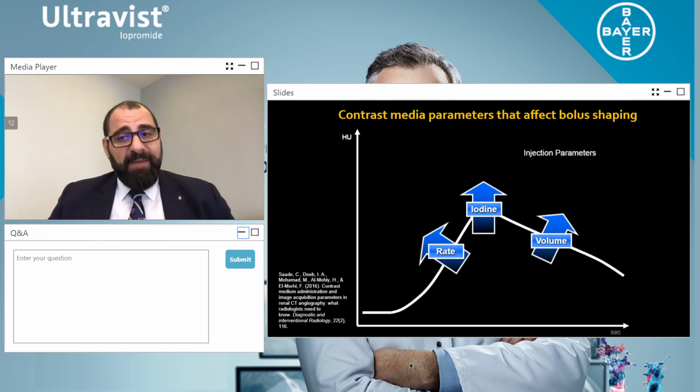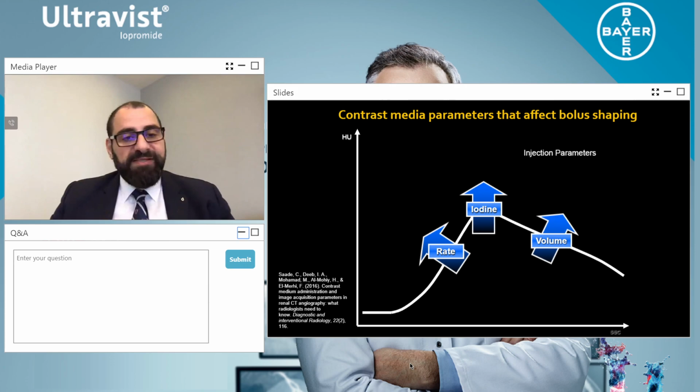So when this happens, if the heart cannot push it out, it then pushes the contrast back down into the inferior vena cava, which goes into the hepatic veins. And you get this artifact. And this artifact is very, very prominent when you're having high flow rates. So whenever you're doing contrast media delivery parameters or injections, having very high flow rates actually works against us.